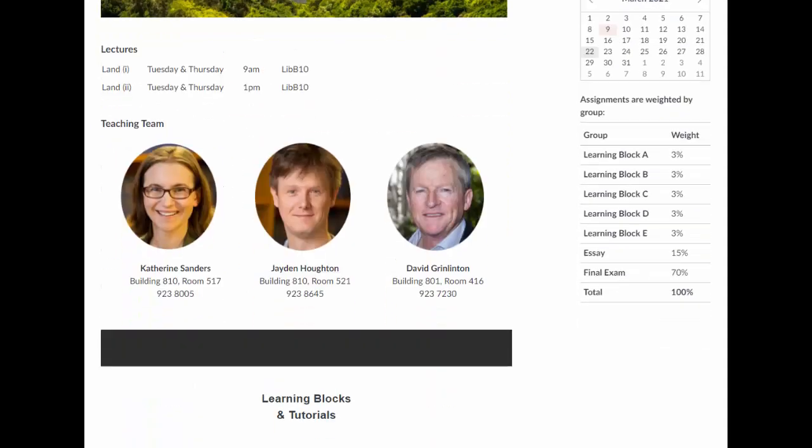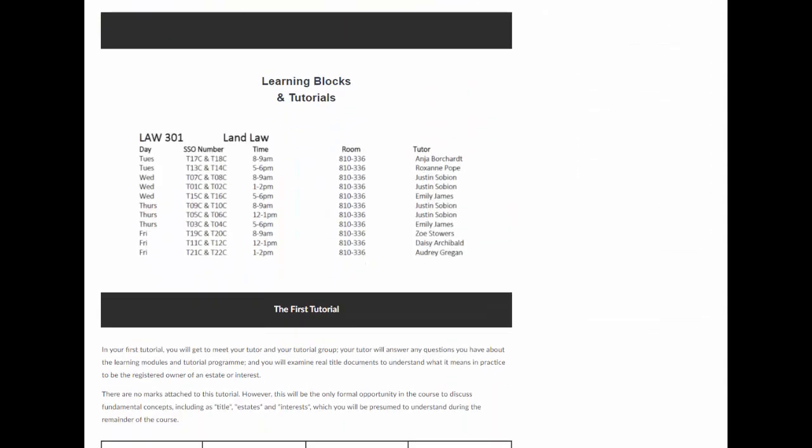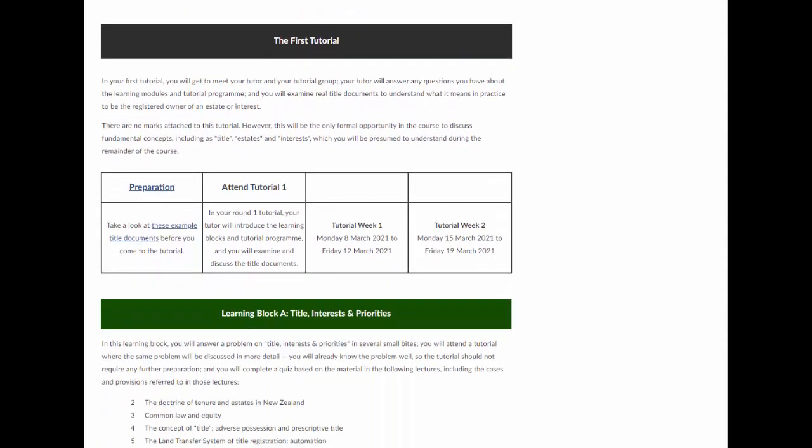If we scroll down, we get to the Learning Blocks program. Now, you'll be aware from having been a law student for a few years that most of the full year courses have 8 tutorial rounds, and this is the same for land law. Now, if we scroll down this page, we will see mention of 8 tutorials. So here there is tutorial 1,